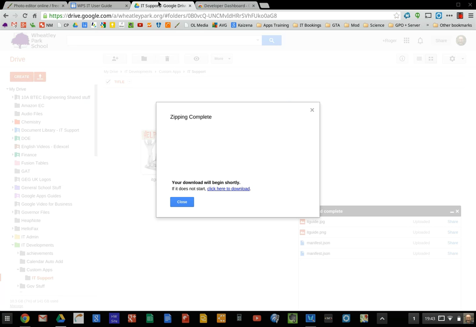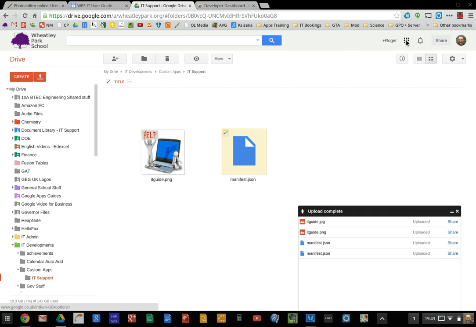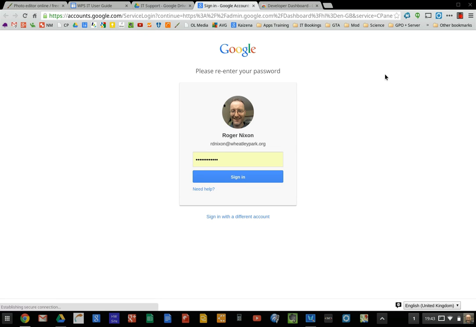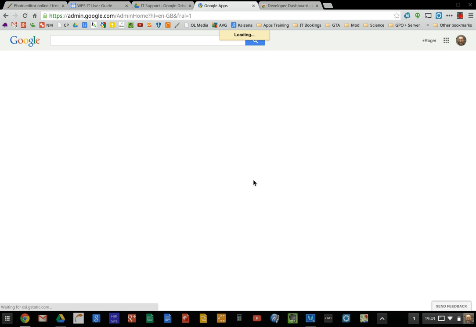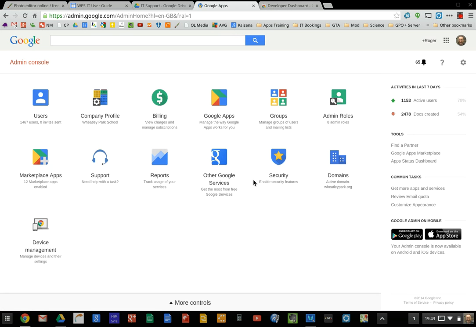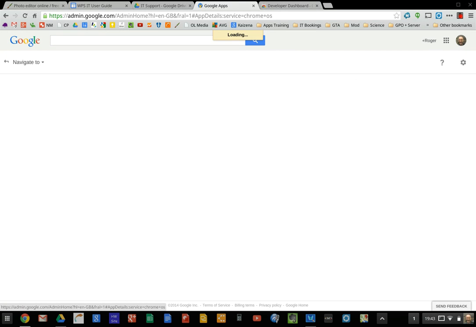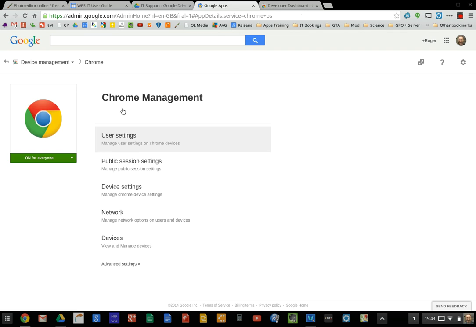The next step, once that's published, is being able to actually push it to users. So at that point you need to go to your admin console, and I'll just show you how I've done this for some which aren't in the process of being published. So you go to your admin console, and what you'll need to do is be in device management, Chrome, user settings,